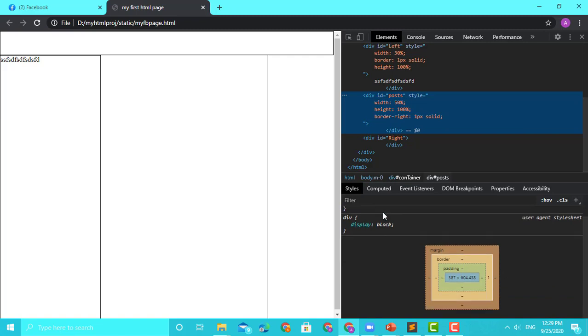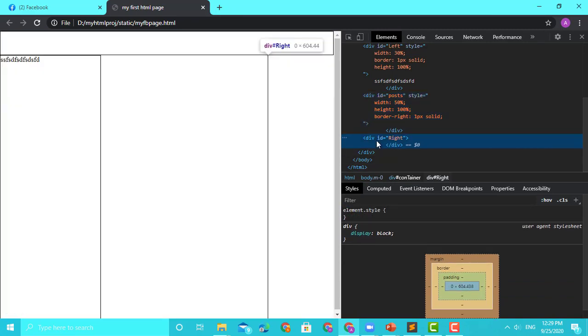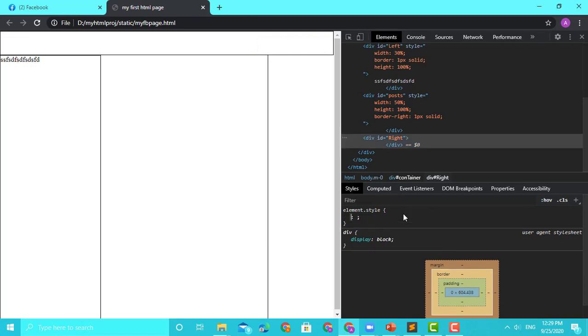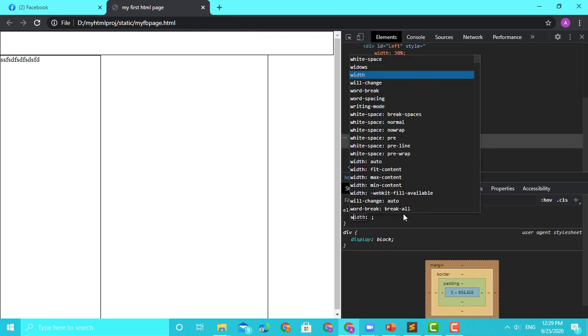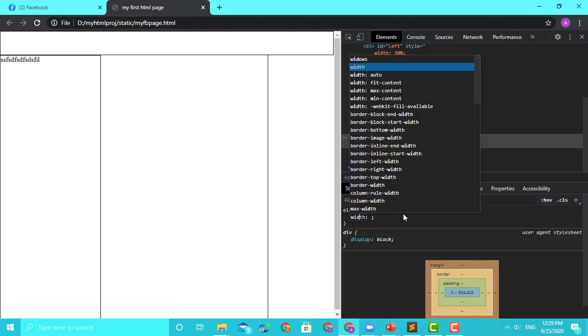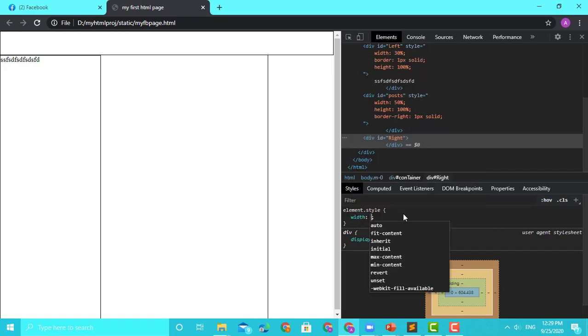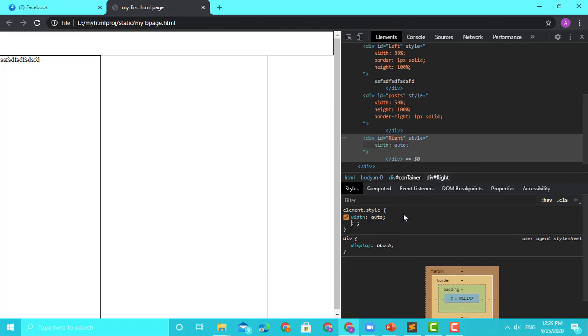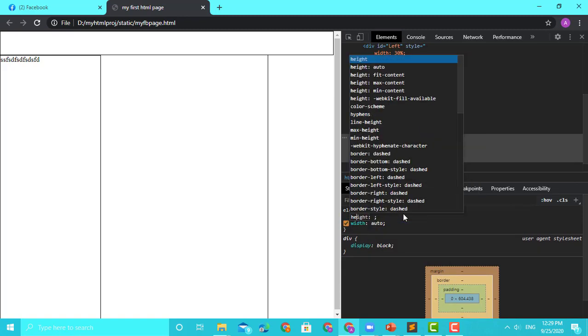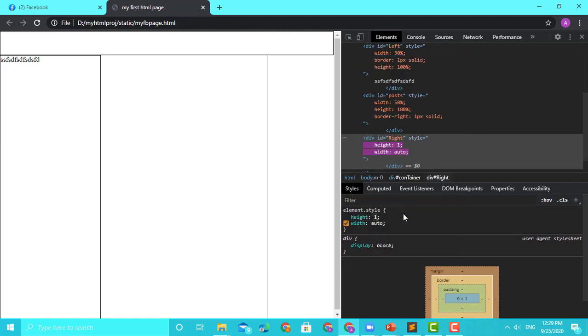Now I'll go to the third part. The third part is this div. Now I have to put some style to this. Width, I can put auto also, and then I will put height. How much? 100%. Let's see what happens now.